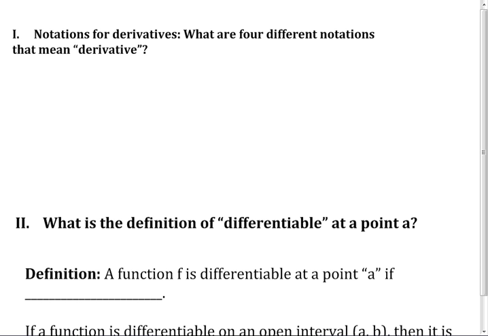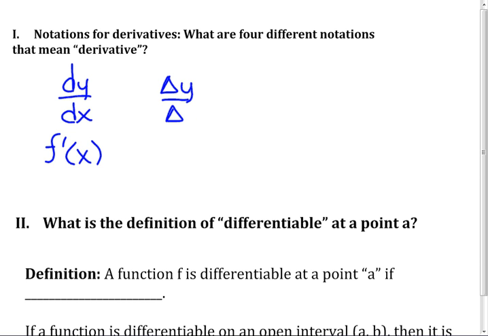What are the notations for derivatives? Do you remember? dy dx. f prime of x. Well, that's kind of like this. This is the average, delta y over delta x. That's the average rate of change. Then this is the derivative operator,